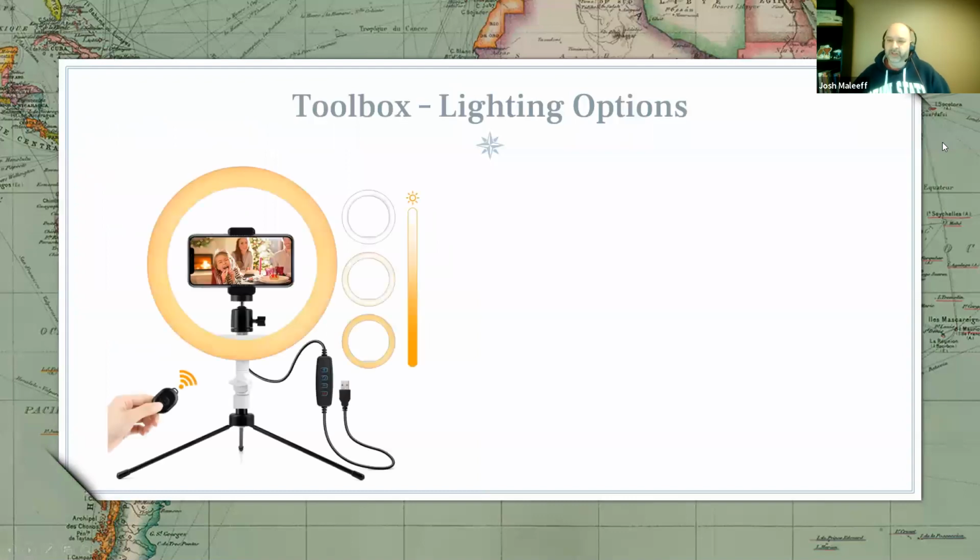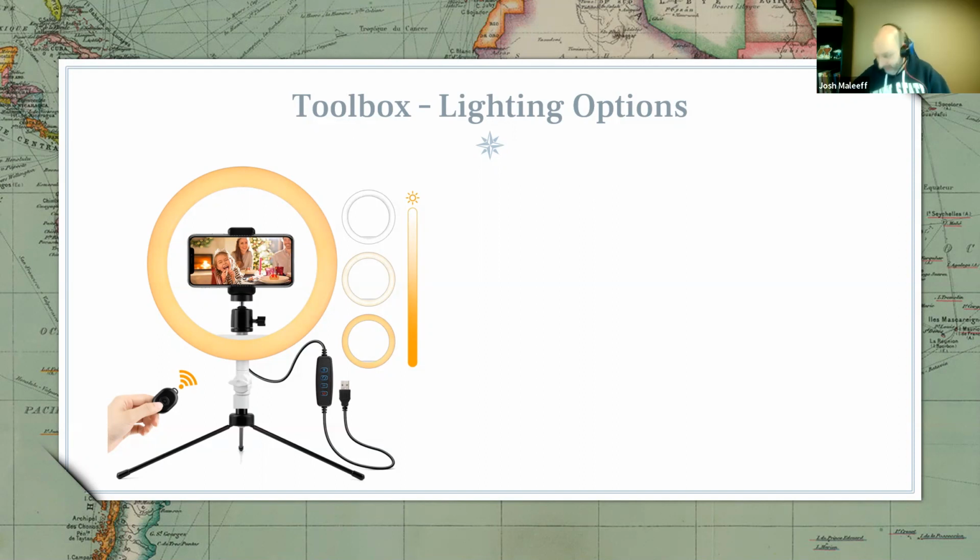That gives you the option, for a starting point here, to get a halo light, which is actually the exact one I'm using right now. What has happened with these is there was a huge demand for them. The pricing has come way down as people have started to buy them and supplies have come back. The link for this one is now in chat as well. I saw this one recently for under $20. I think I paid closer to 50 for it at the start of all of this. So it's a nice device.